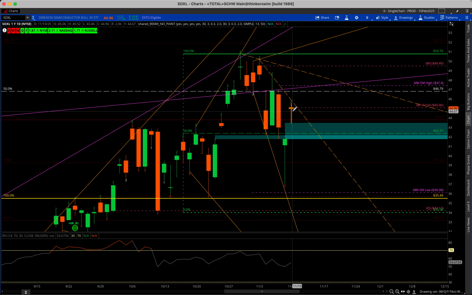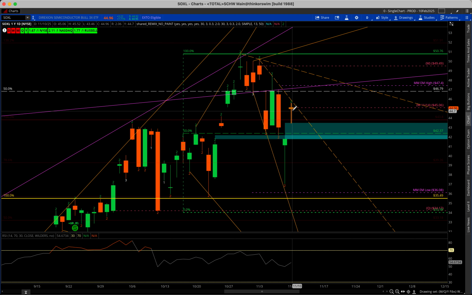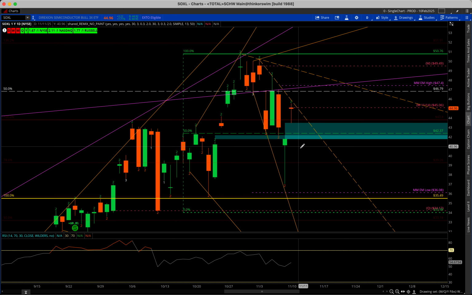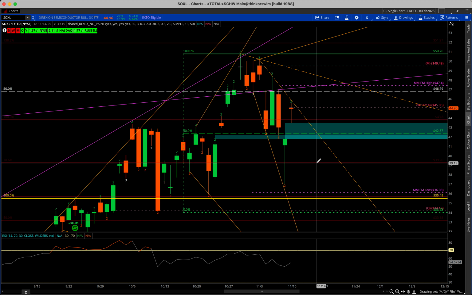Watch out for this lower high situation here. If we go 2 down tomorrow and fill this gap, again, we're making this lower high. Don't know that we would go all the way down and make this lower low. That was a pretty big move plus a gap up, all to do in one day. I don't know that would happen, but you can see we've got this fib from the